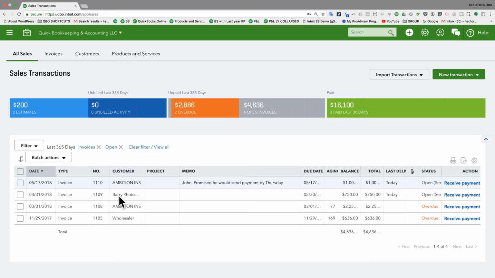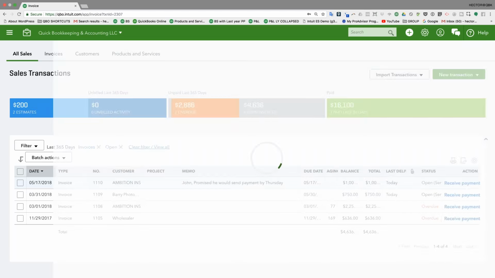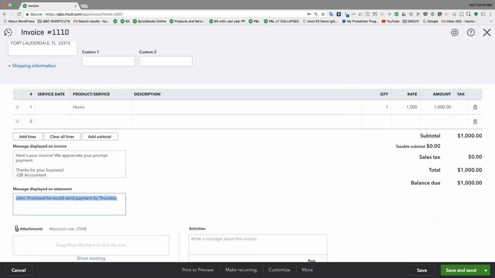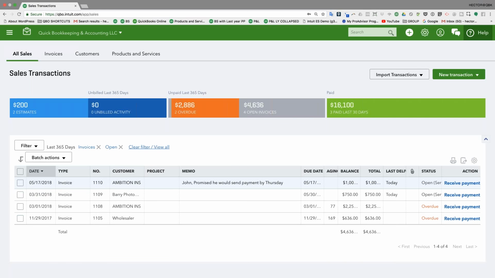Now, if I were to resend this invoice to the customer, they are not going to see this note. They're going to see only that note. They don't see that note. They only see that on the statement itself. So in some cases, if the notes contain something that you don't want the customer to see, you have to delete that before they see it on the statement. Although I'm very careful and make sure I don't write anything that I don't care about the customer seeing there. So that's why I particularly like to have it in the memo section,